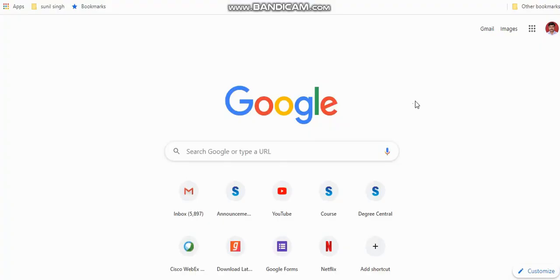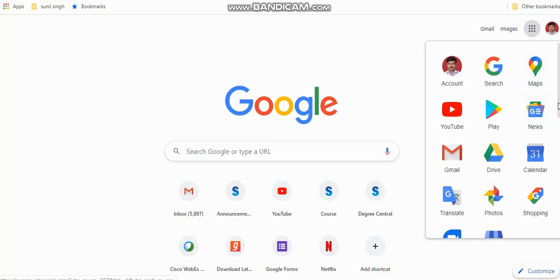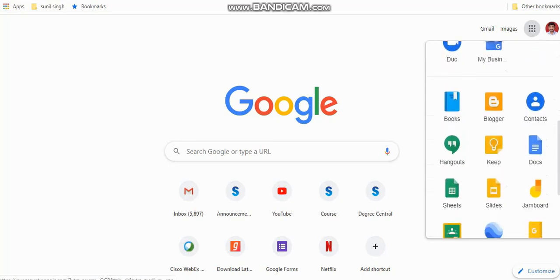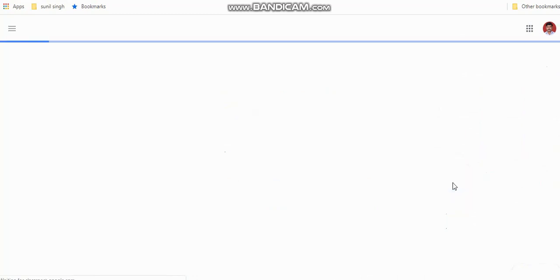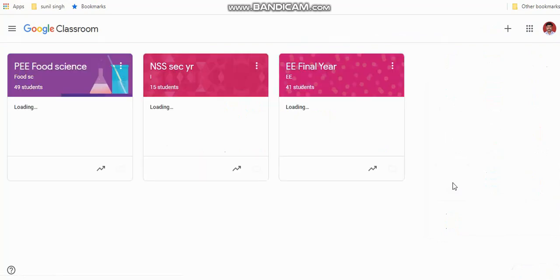Okay, now let us start. We can open the Google page. From here we can open this Google page, and from my account, this is G Suite folder. From here we can take the Google Classroom. Here it is a Google Classroom. We'll open this Google Classroom. So now it is opening. Okay, it is open like this.